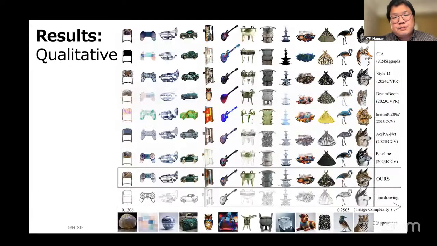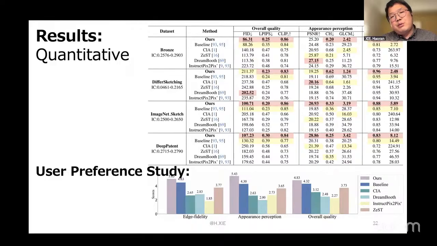Compared to other methods, we achieve good results. Here are some metrics with different qualities. Because this kind of thing is quite subjective, we also do a user preference study to ask people how the results look.